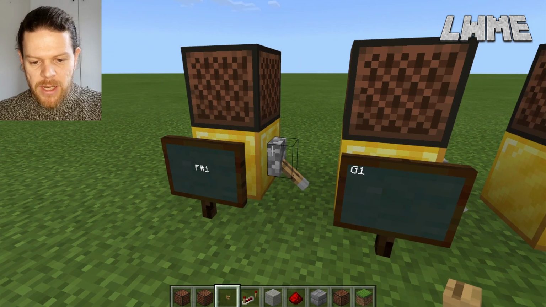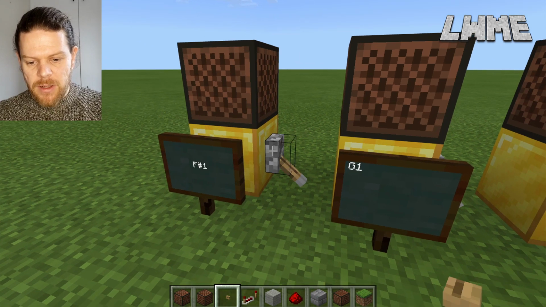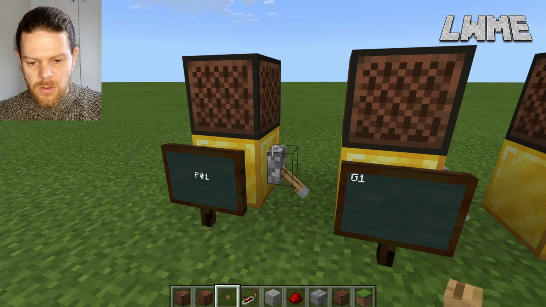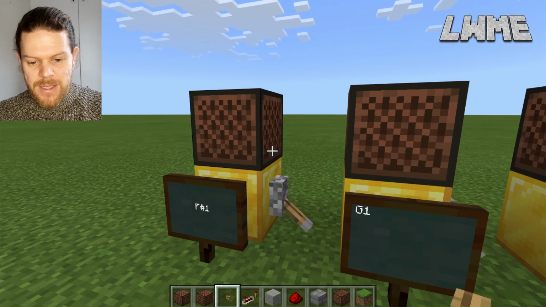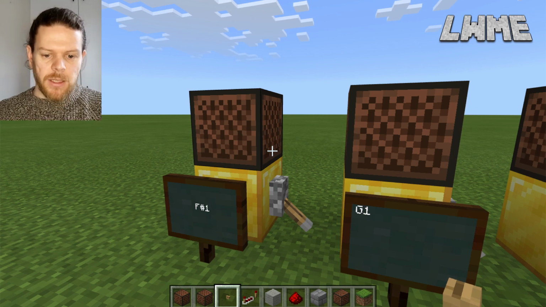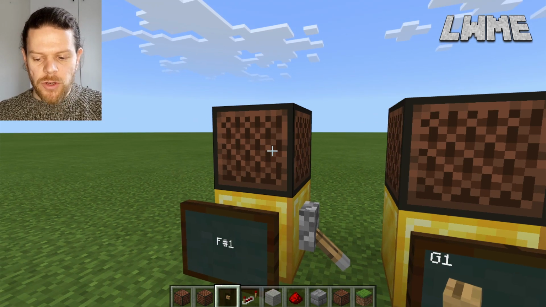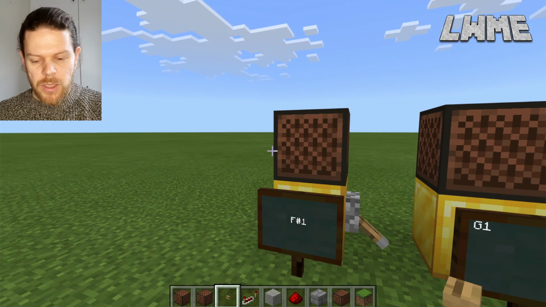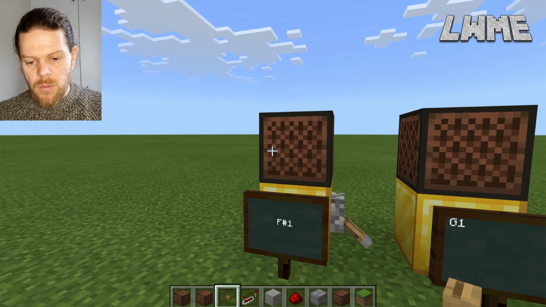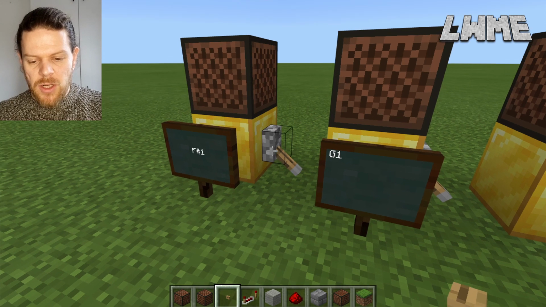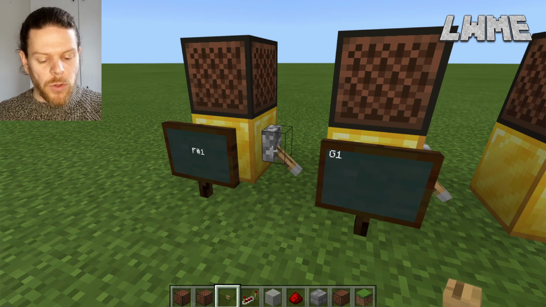And if I flick the lever, we can hear the note that's being played. As you can tell, it's the same note every time. So obviously if I right click on the note block itself, many of you will know each time I click it gives us a higher note. So once you've got that note where you want it, you need to activate it by redstone, and then that won't increase the pitch of the note each time.